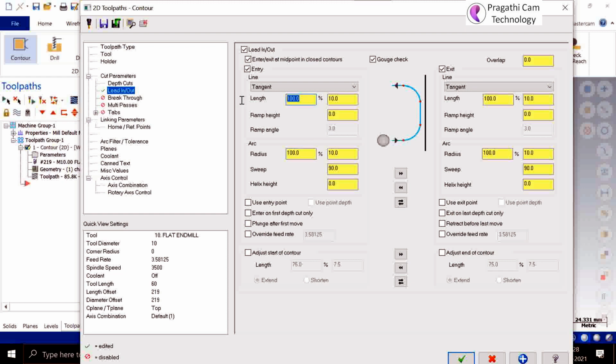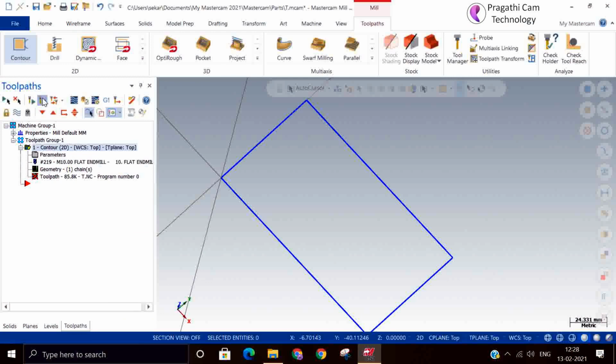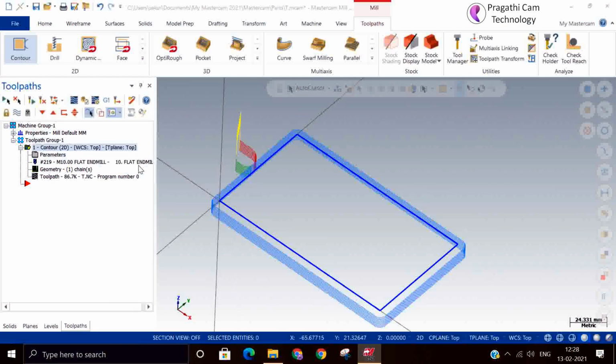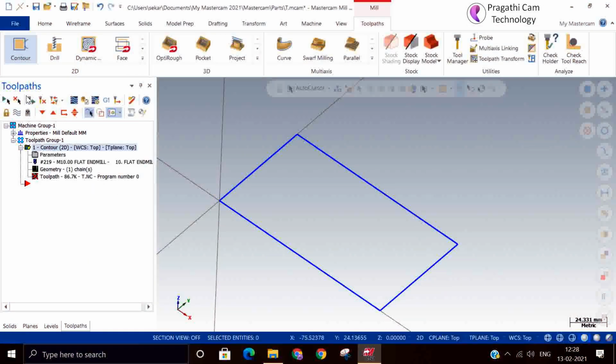So now you can change it to 50%, and this is also 50% of tool diameter. I have made the entry change only, exit I have not changed. You can just click over there and the same data will be transferred to the exit also. Regenerate, and you can see that both will be uniform.